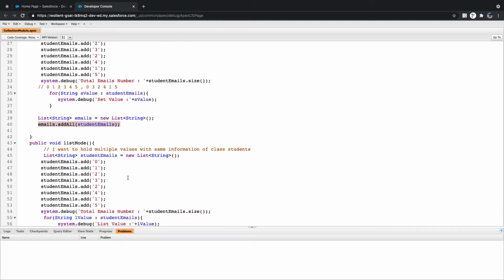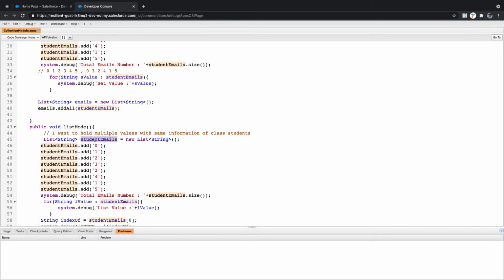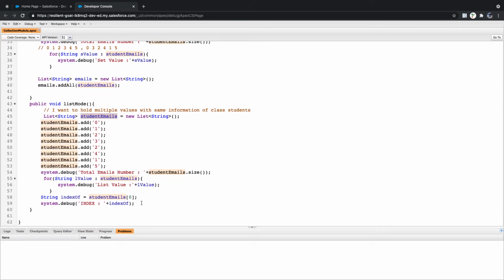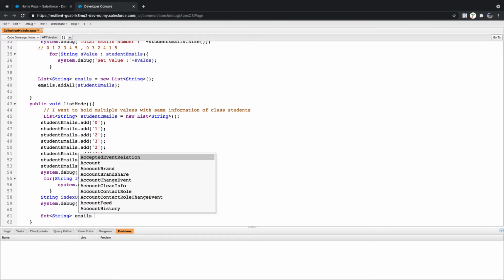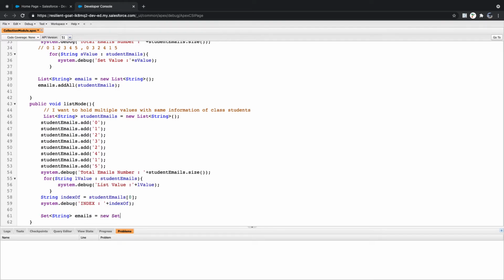The same way, it's not just that. You can also do it this way. If I want to convert my list to a set, then you can say set of string emails equal to new set of string.